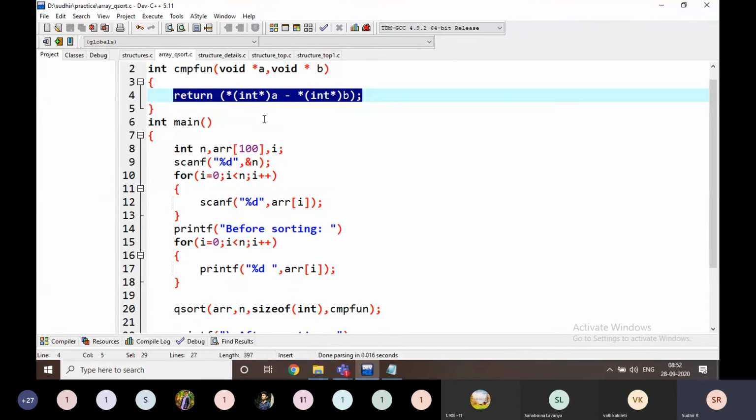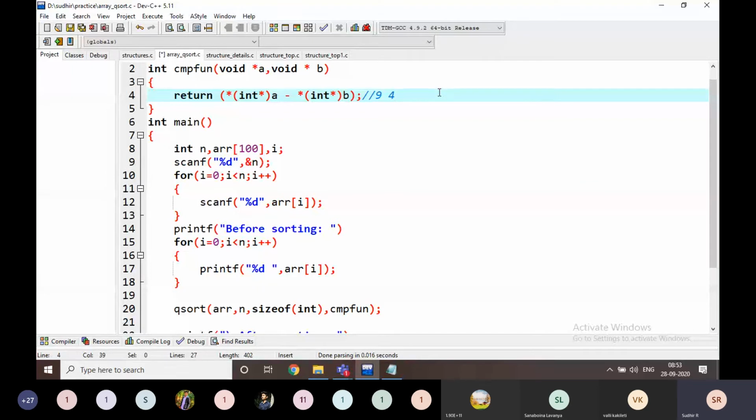That means which is the greater value. That's it. If it returns a positive value, the first one is the bigger one. If it gets a negative value, the second one is the bigger one. Okay, that's it, nothing else. If it is a negative value, the second value is bigger. For example, these values are like this: 5 minus 9 is going to be minus 5, right? It is going to return a negative value. If it is a negative value, the swapping is done. That means we have to swap 9 and 4.